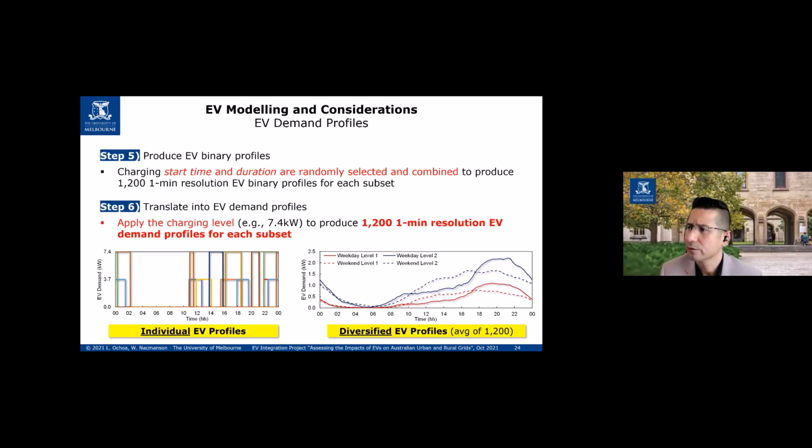There's another question about the networks being able to host a certain penetration, and that load will remove a significant amount of spare capacity. That's correct. Understanding all these impacts is important, and that's what we're trying to do. Then there's another question from Robert, on the AGL EV orchestration trial. Yes, that's correct. We are keeping an eye on that particular project.